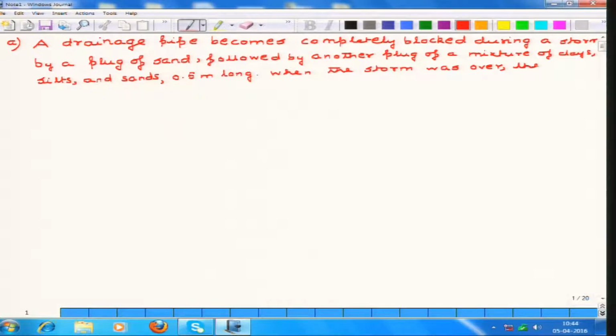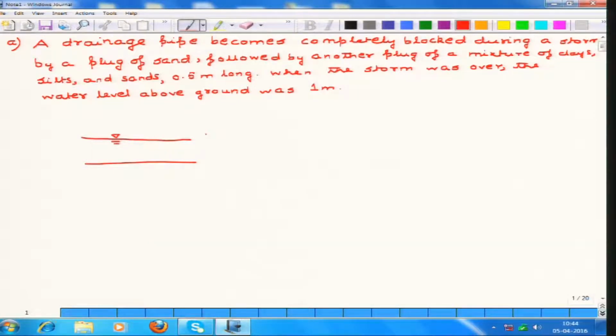the water level above ground was 1 meter. Now a figure for this is given here. So this is the water level and this is the brick wall. So this height is 1 meter, as said in the question,